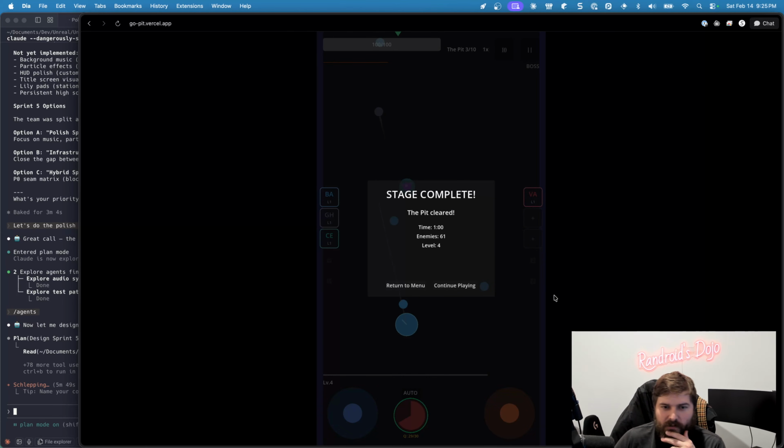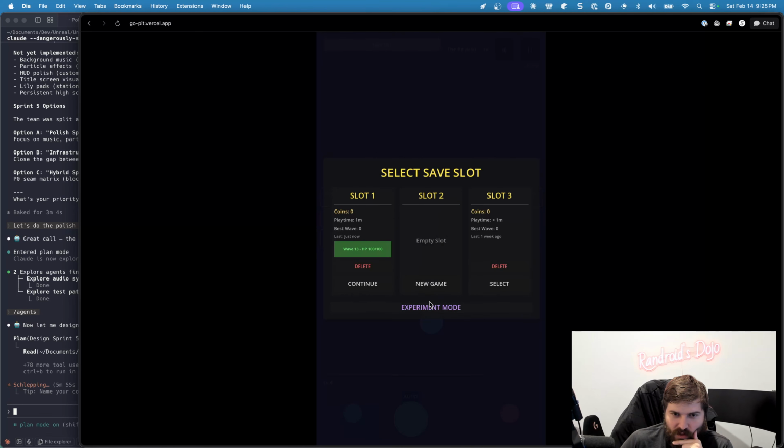First level should really work. It should have been a lot longer, should have started out a lot slower. Anyways, one thing I was starting on was this experiment mode where it's like go back to basics and